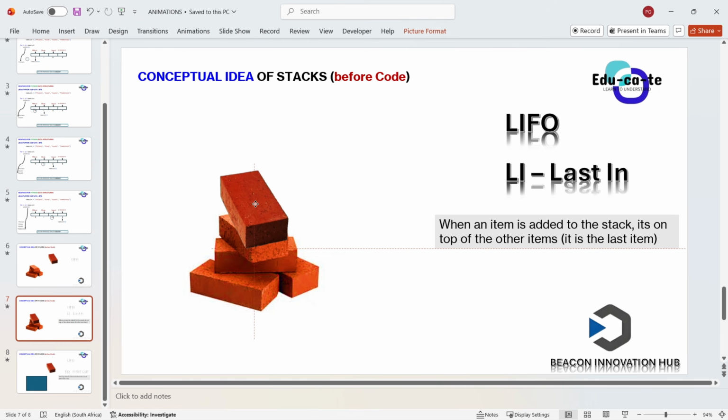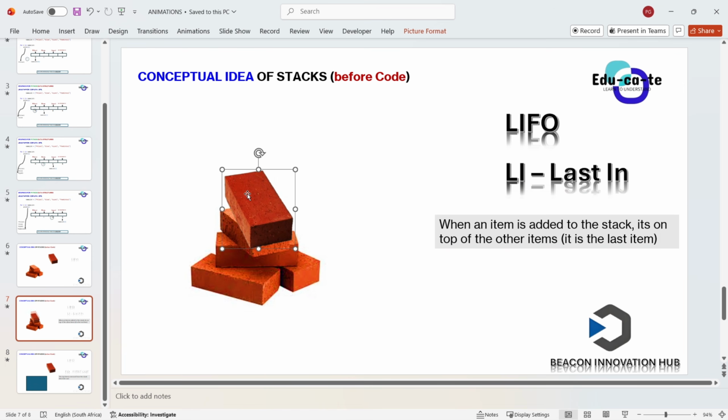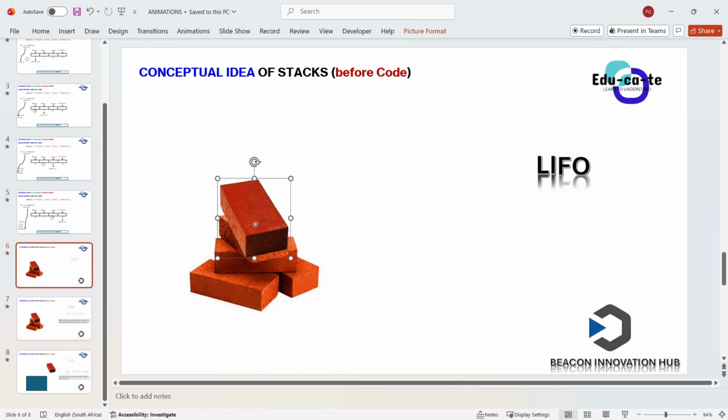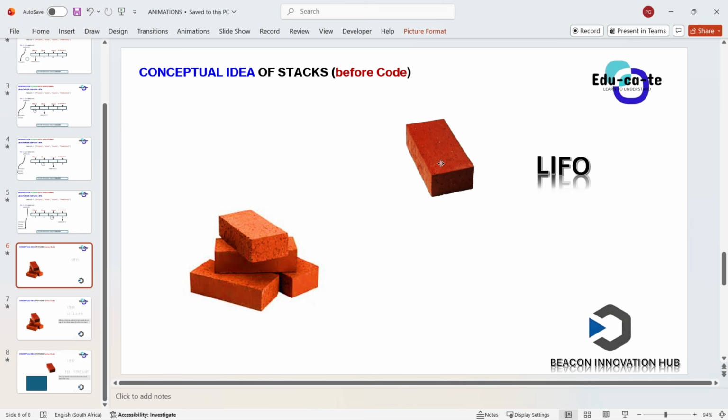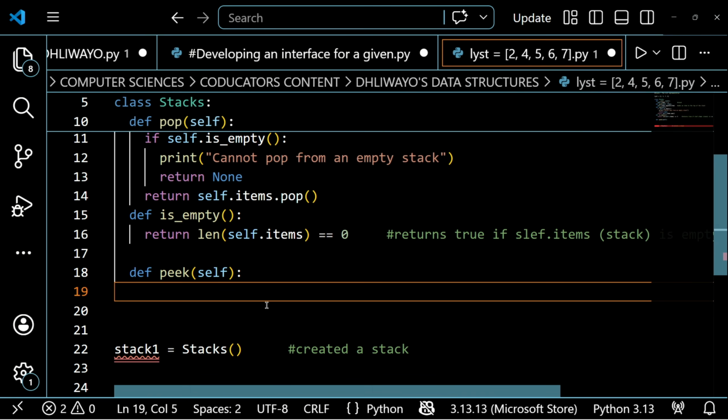Okay, if this is you and these are other people on the bottom, we're going to say that you are on top, so we return you. It's just going to return who's on top of the others. It's not going to remove it. But remember, the pop function first removes and then returns the item that was found on top. So the pick function and the pop function are very similar, but the pick function only returns the item found on top of the stack.